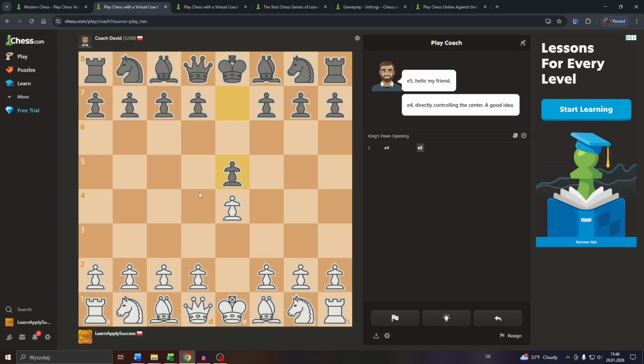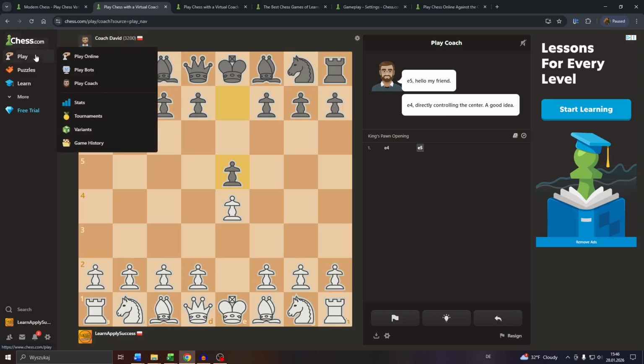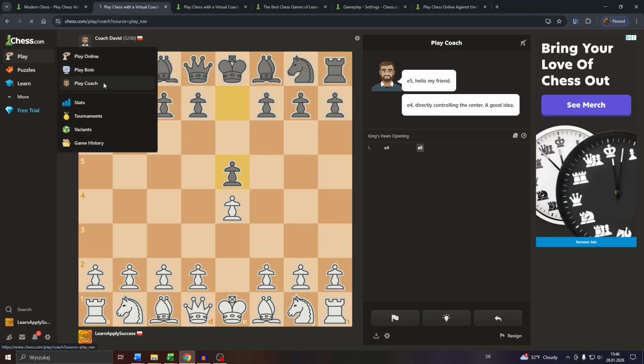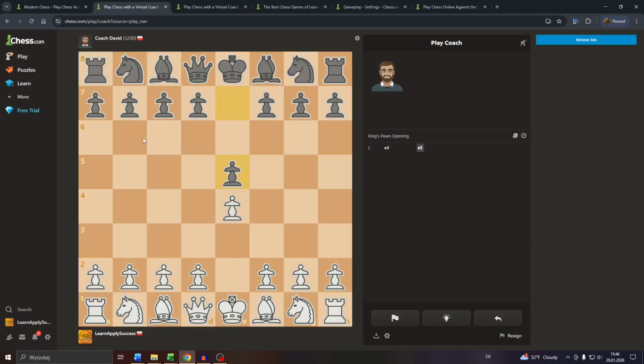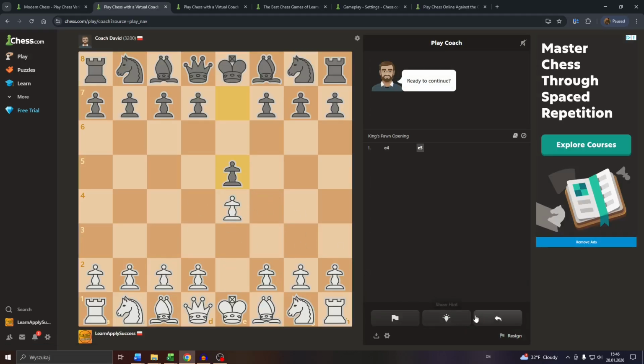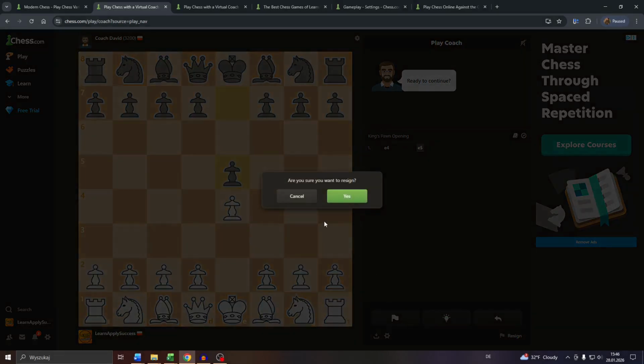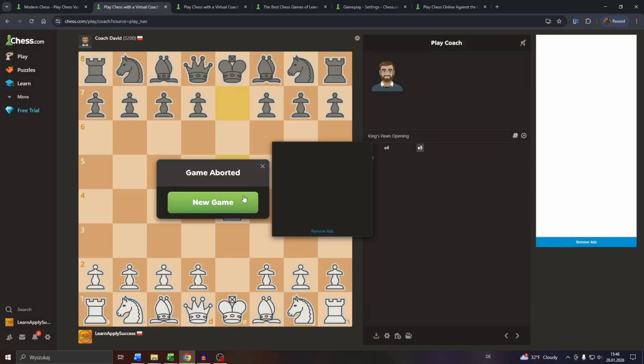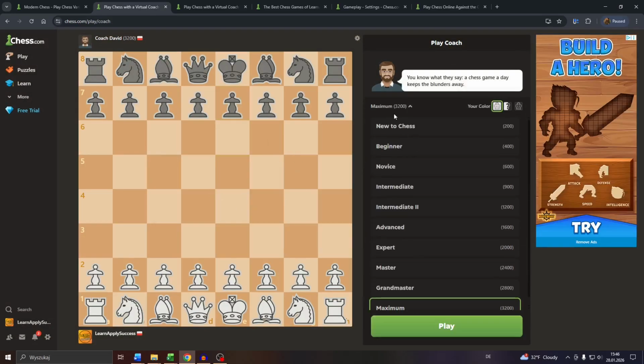Navigate to chess.com, log into your account, click on play in the top left and select play coach. After that, let me just resign that match and start a new one. And after that, start a new match, and you will be given the opportunity to choose your color here: white, black, or random,